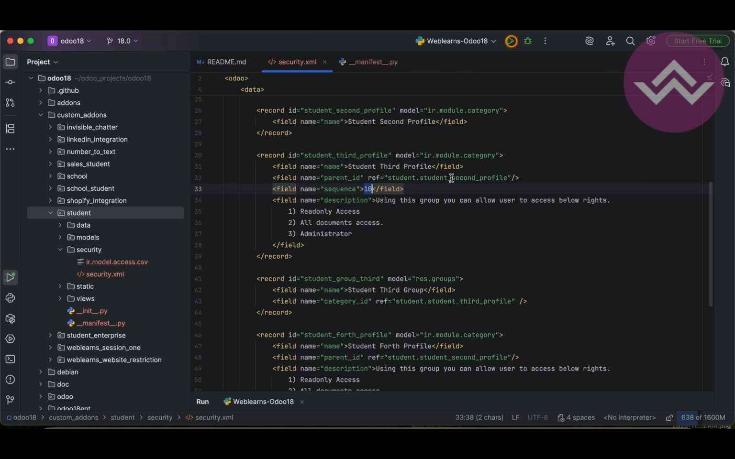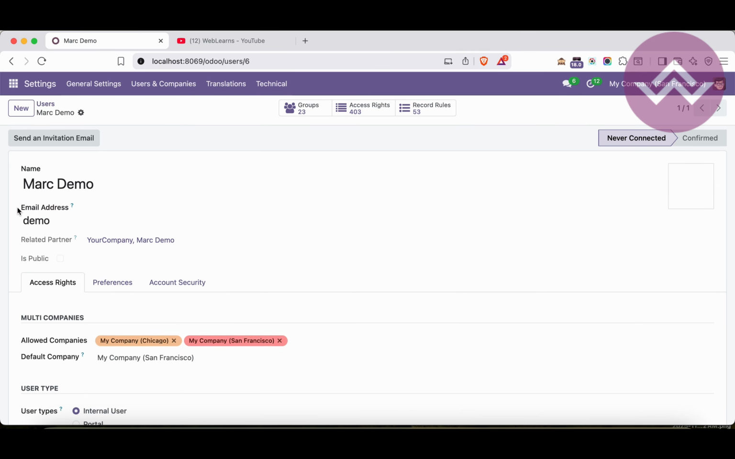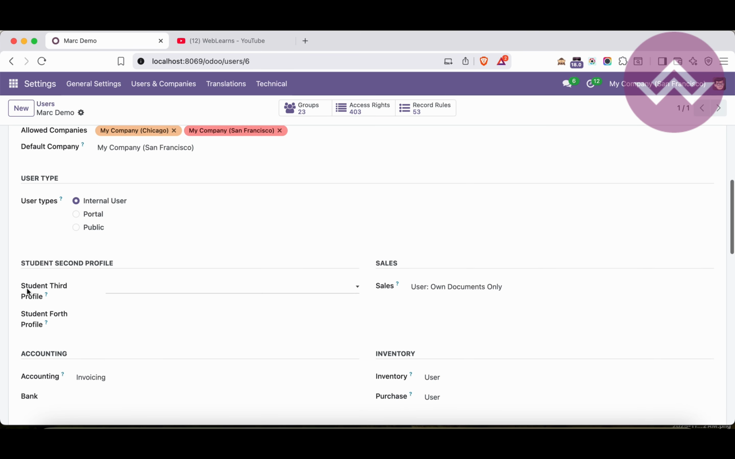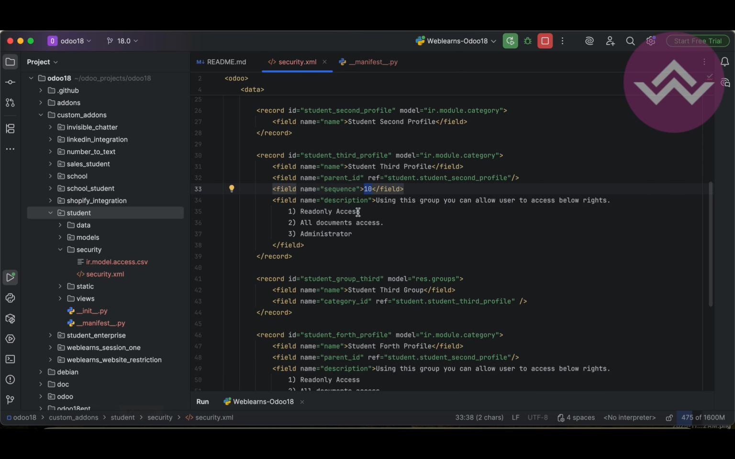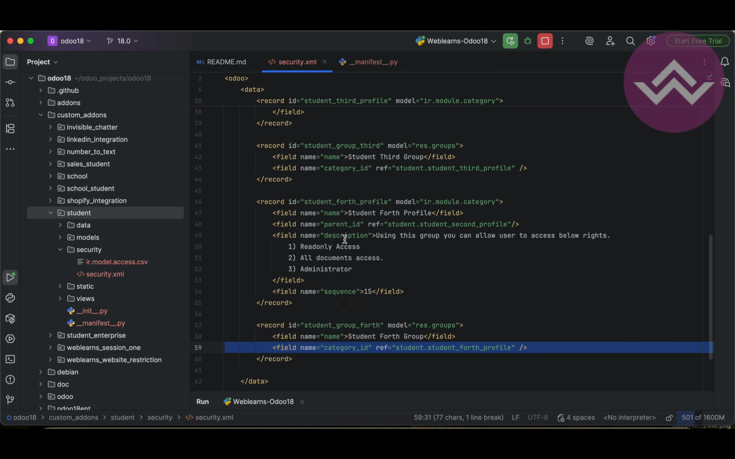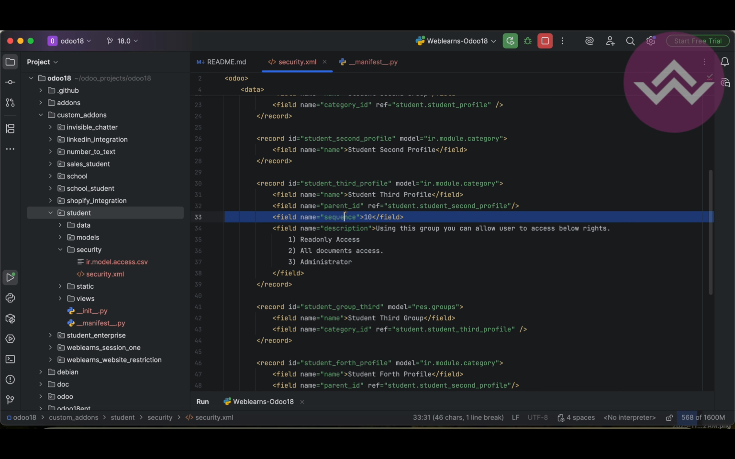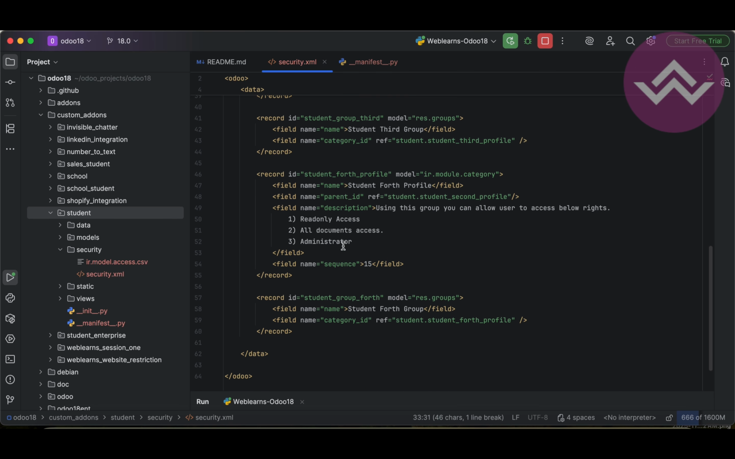Okay, so let me again refresh the page, and of course we have to upgrade the module, and now you can see. So that is the main purpose of this sequence. Okay, sorry, not this one, but yeah, this one and this one. Right now